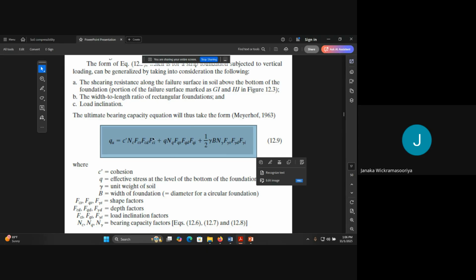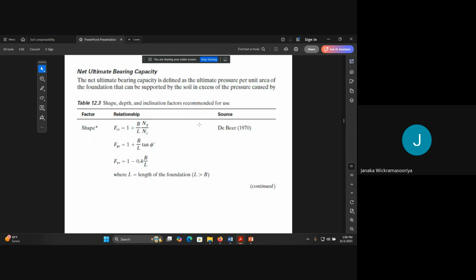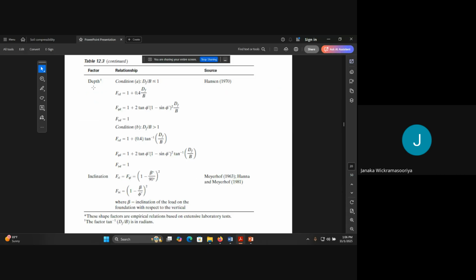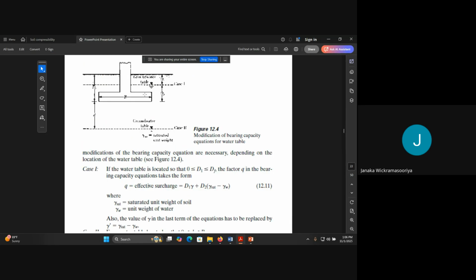Meyerhof's equation has a large number of parameters to be found, and for Meyerhof's equation these are the NC, NQ and gamma values that should be used there, and these are those shape factors, depth factors and inclination factors, the equations for them. And when the water table is available,